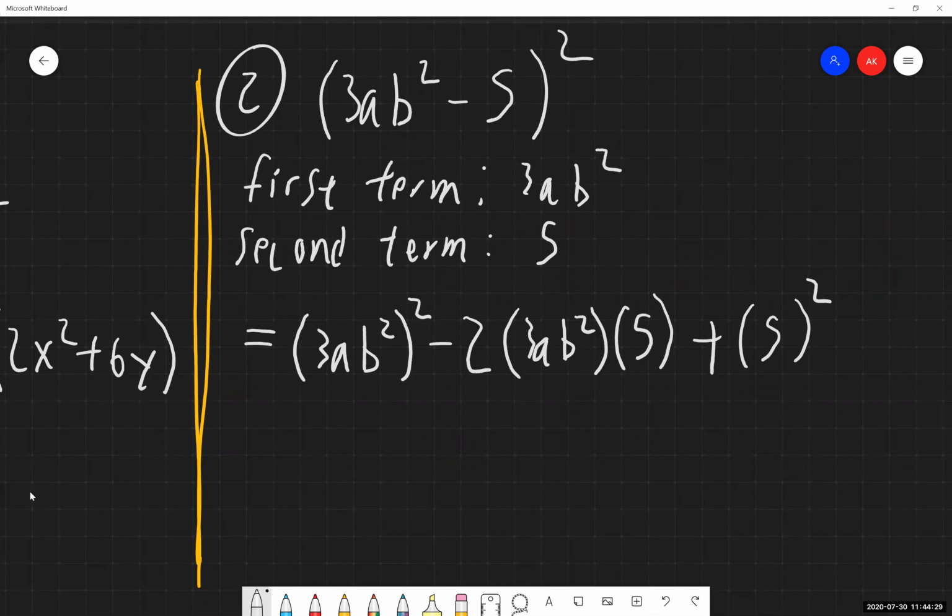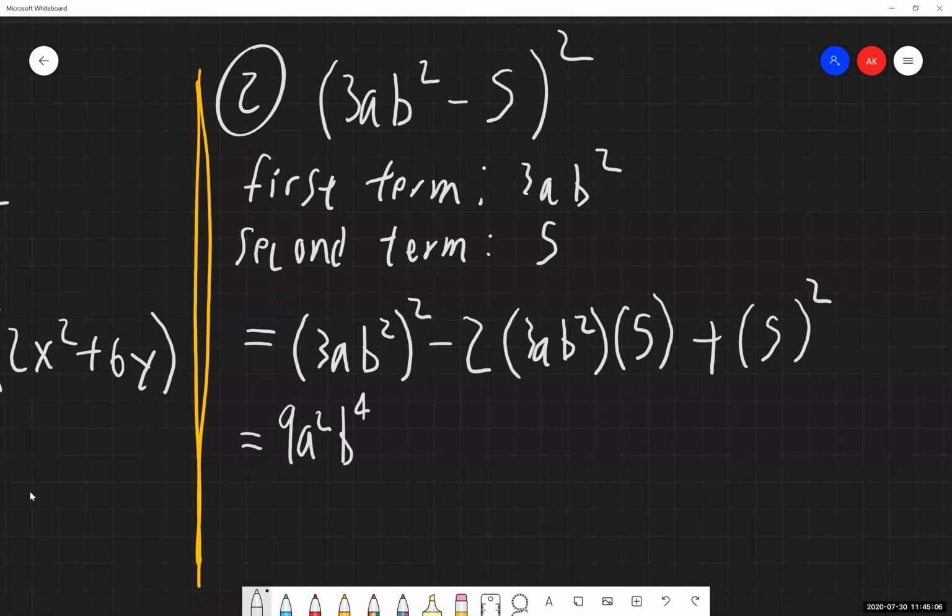And now from here, I'm simplifying each of these parts down. Looking at our first part, I have the quantity 3ab squared to the second power. So I'm going to work with those individually. Numbers first. 3 to the second power is going to give me 9. A to the second power is going to give me a squared. B squared to the second power, using our power rule, is going to give me b to the fourth. An exponent raised to a power, we can multiply those things together.